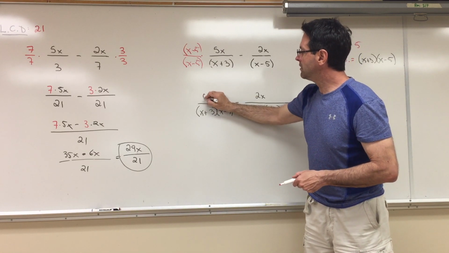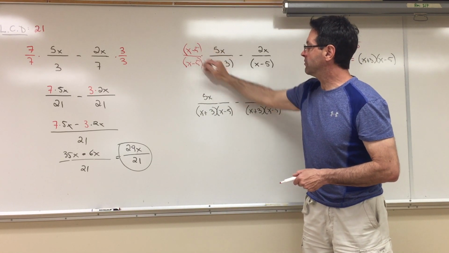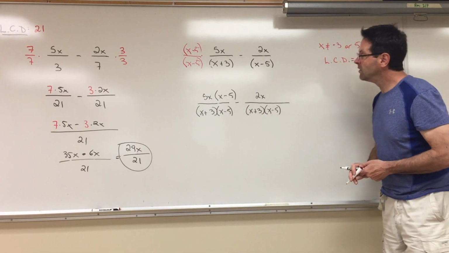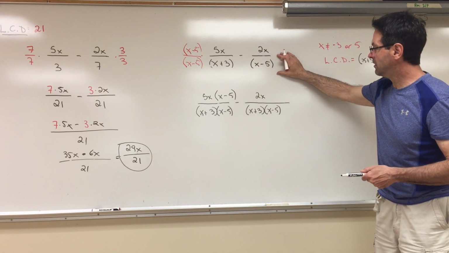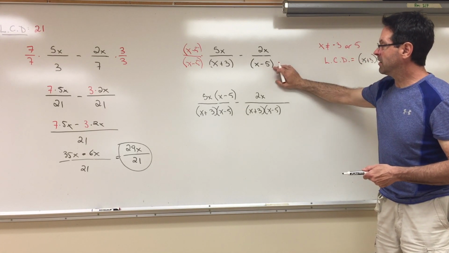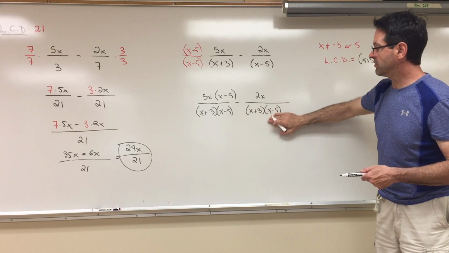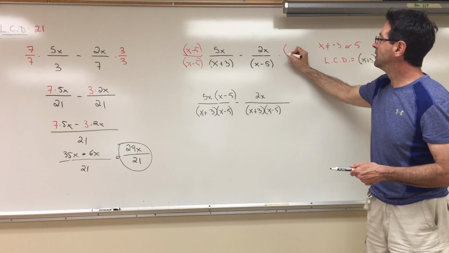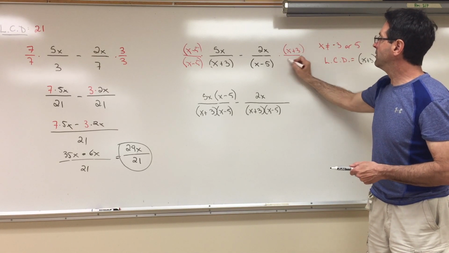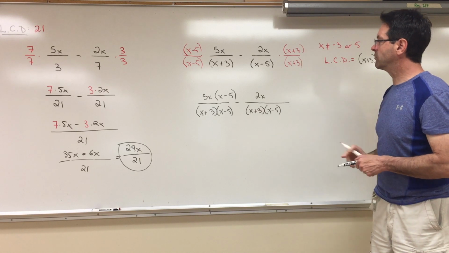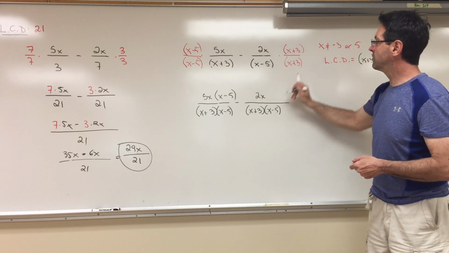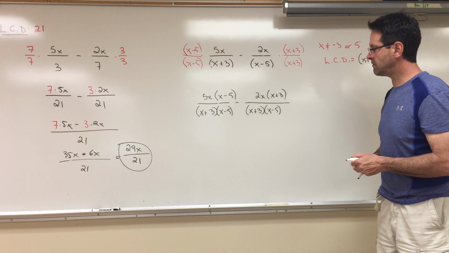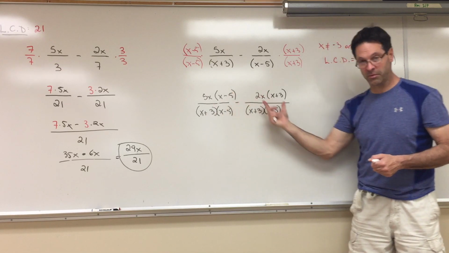Move this over a bit. 5x times x minus 5. We're going to leave it in this form to begin with. Well, what am I going to multiply top and bottom here? I've got an x minus 5 here. What am I missing from this denominator that I have down here? I'm missing the x plus 3. So I'm going to multiply top and bottom by x plus 3. 2x times x plus 3. I'm going to leave it like this. 2x times x plus 3. Now we have equivalent rational expressions,